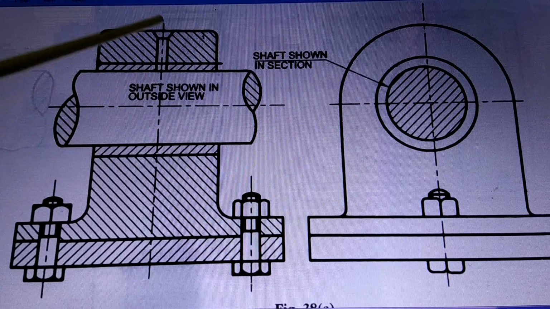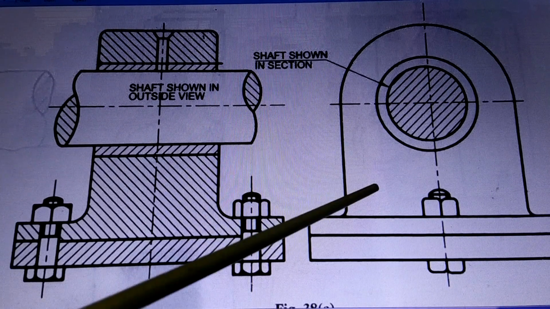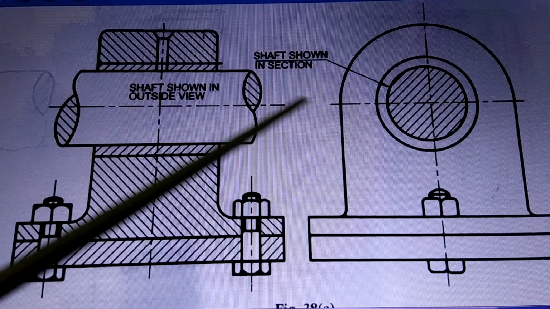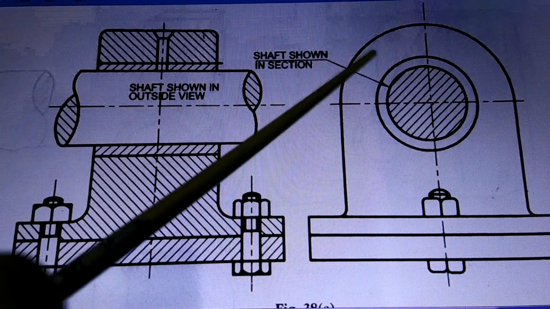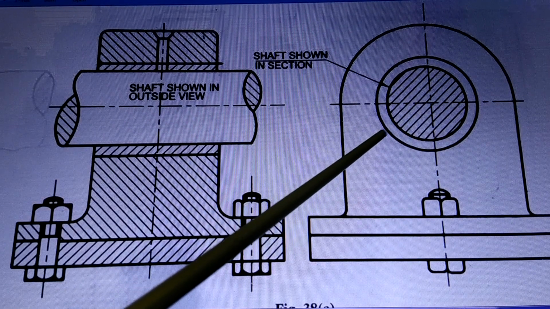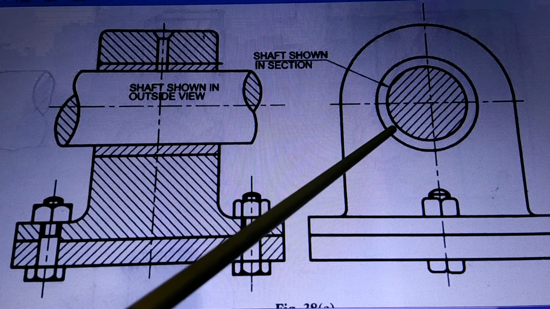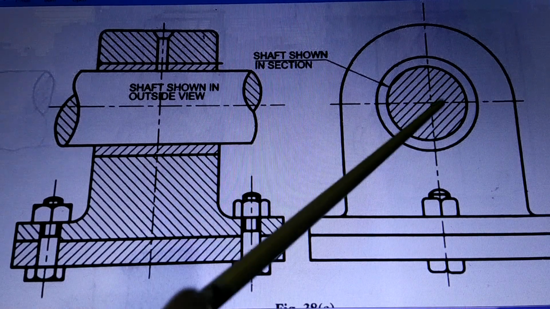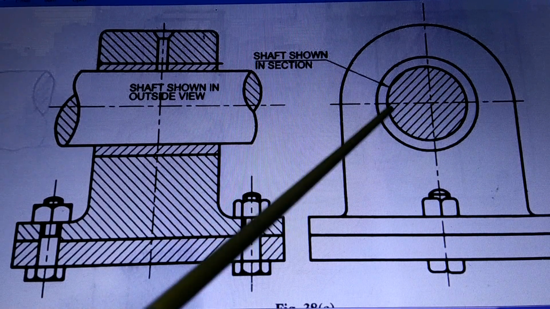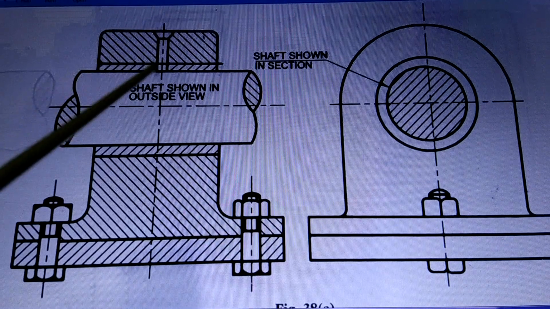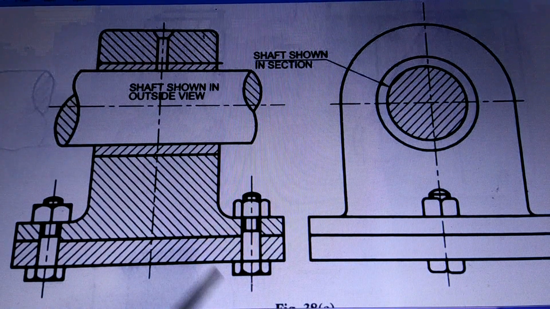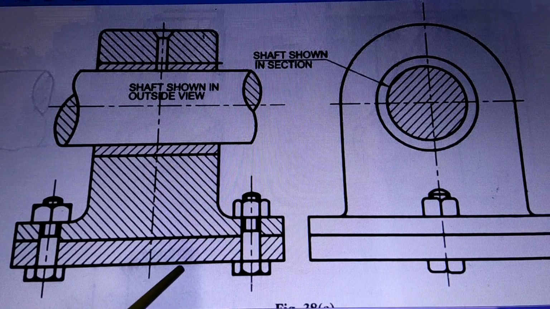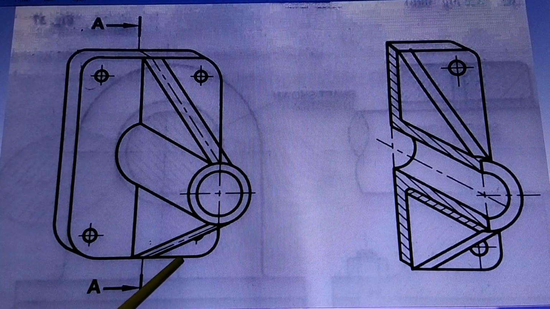Now the same drawing, if you cut from here and draw the side view, at that time the shaft is cut. Because the shaft is cut, the shaft is shown in section. In fact here also the section line should be shown, but they are not interested in that. They are just interested here to explain to us how the shaft is to be shown in section when it is cut perpendicular to the axis. So we are supposed to know all these rules when you prepare sectional drawings.